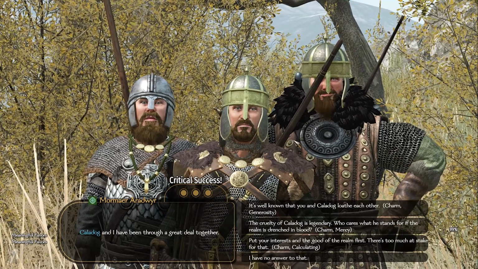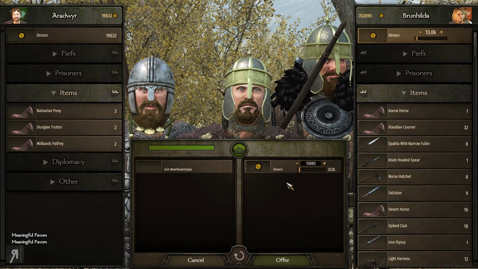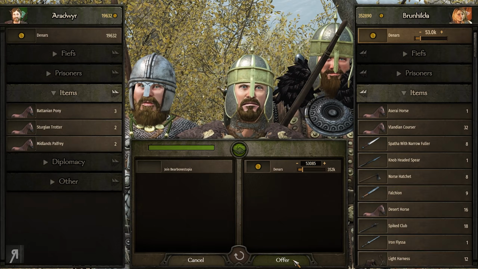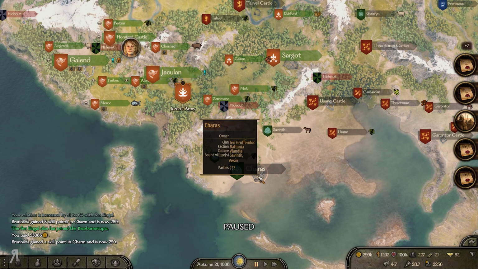There we are. Okay, never mind. Seems like we were able to get through. And he wants 13,000. He only has 19,000, so I'm actually going to give him 53,000. And he can now join us. There we go. Alright, so Charas is...